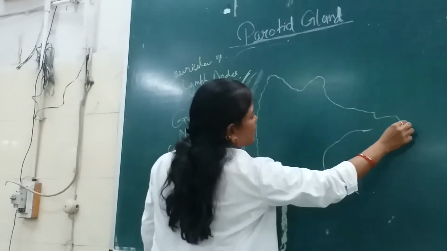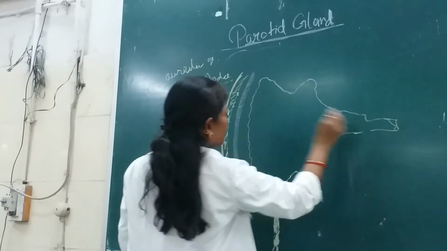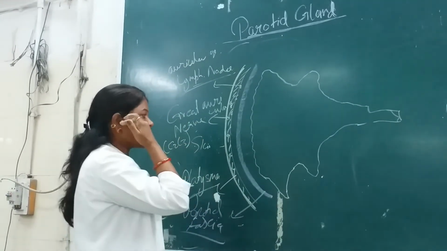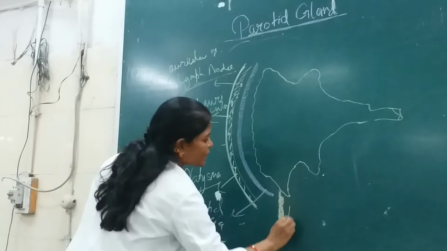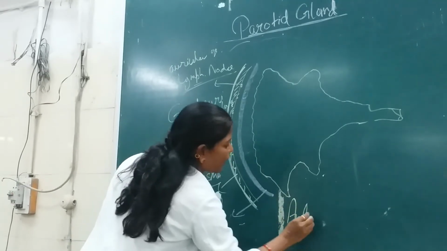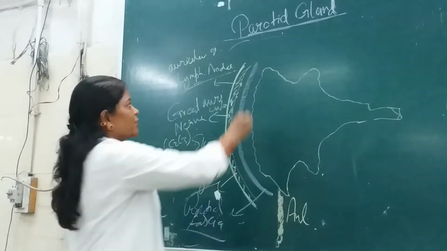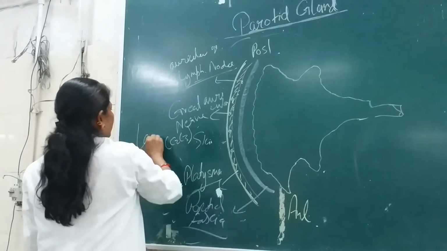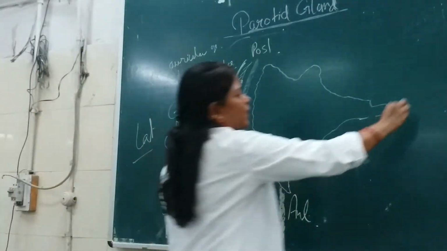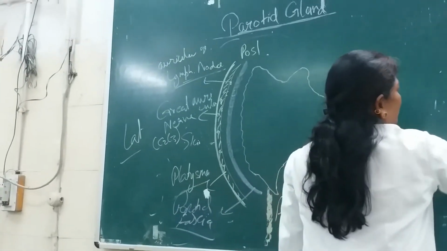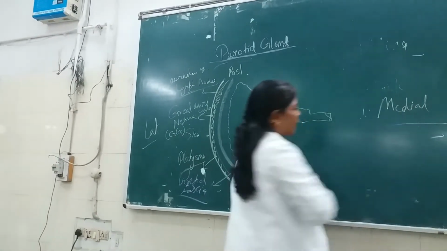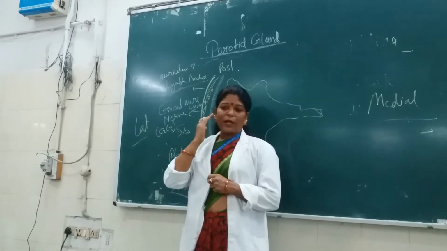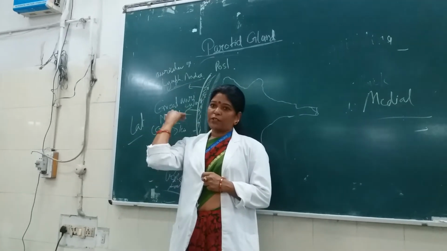And it is like this. This is the cut section, horizontal section of the right sided parotid gland. So this will be the anterior part, this will be the posterior, this will be the lateral, and this will be the medial. First, you understand. If I am standing here,